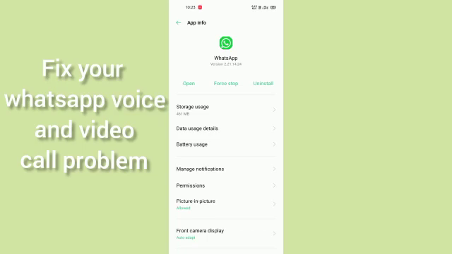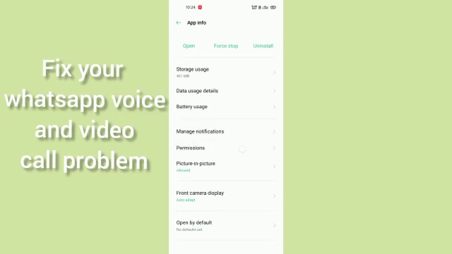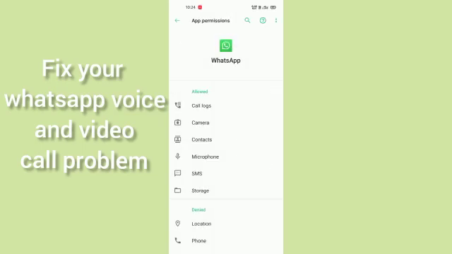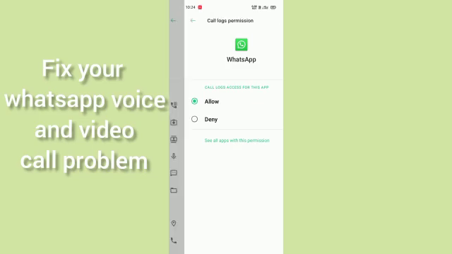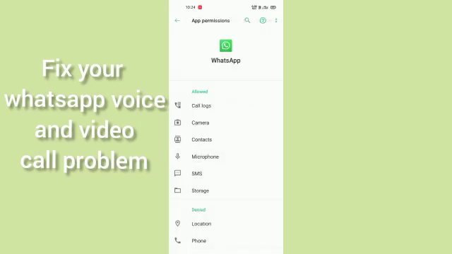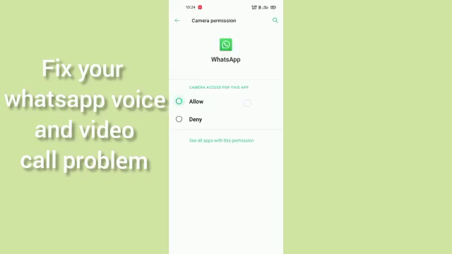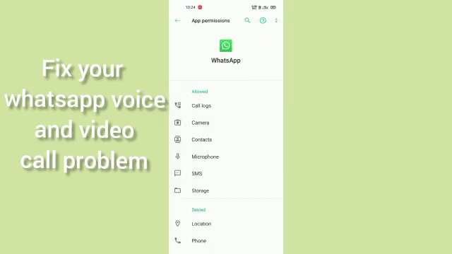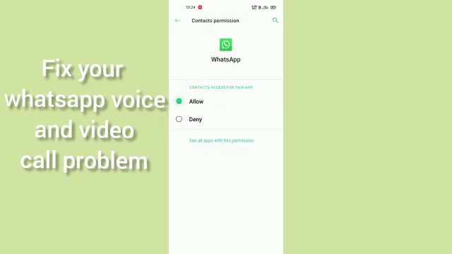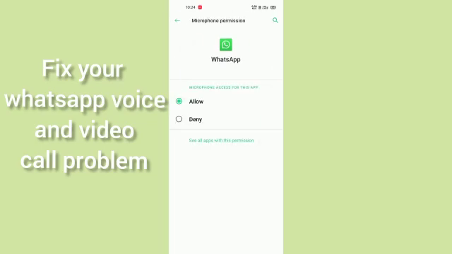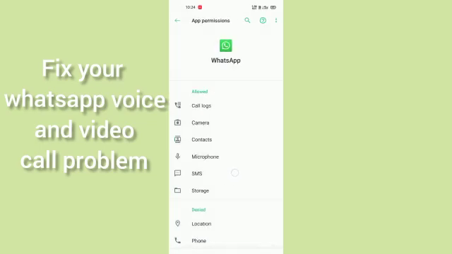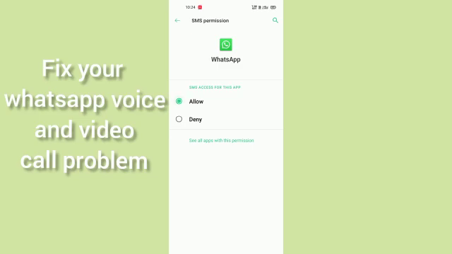After doing that too, you have to go for permissions. For permissions you have to go into your call, and here you have to make it yellow. Okay guys, and after that you have to come into the camera and make sure that it should be yellow too, and the contacts also should be yellow, and the microphone should be yellow. Okay guys, the SMS should be yellow, and here also the storage should be yellow,